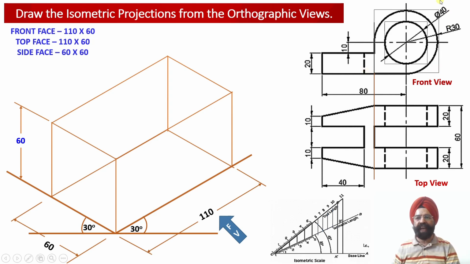And thereafter we will have element number 2. In element number 2, we have got two vertical circular webs. One vertical circular web is lying towards the front face of the solid. Another vertical circular web is lying towards the rear face of the solid. Both of these webs have a thickness equal to 20 millimeter, whereas in between there is a gap of 20 millimeter. Similarly, on the front side also, here we have got a rectangular slot which has a thickness equal to